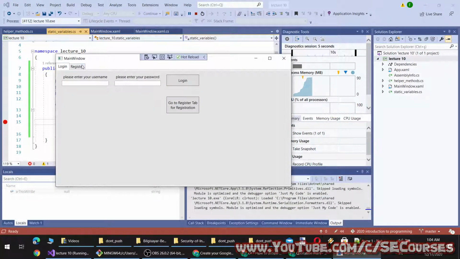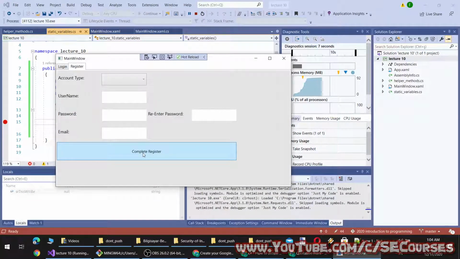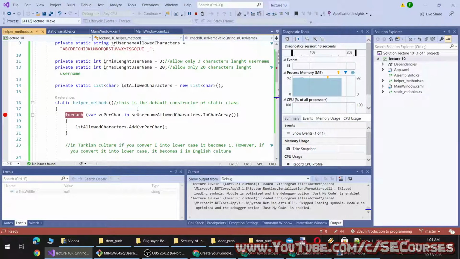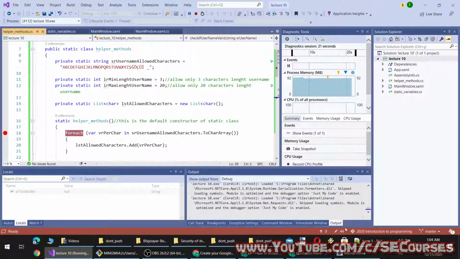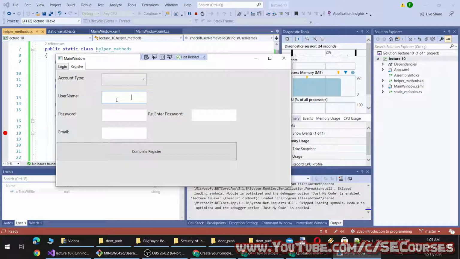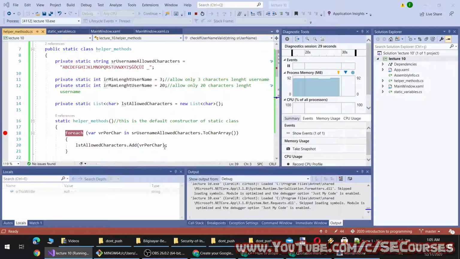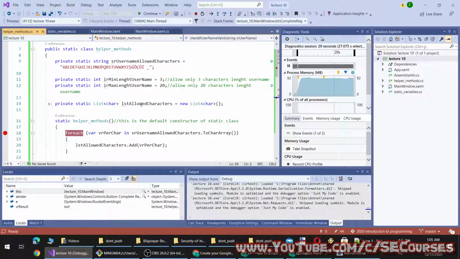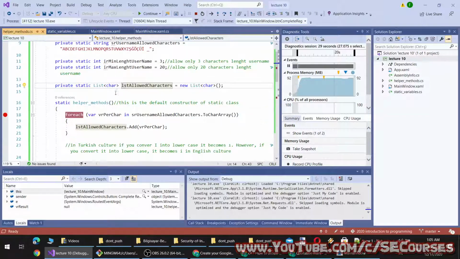Yes, it has appeared. And whenever I hit the complete button, it will get inside of this method. The other constructor will also get executed. So let's try it. Okay. So far, let's go and check it. So you see this list is still empty. It doesn't show me anything yet because this class is not initialized. And I will continue with step over.